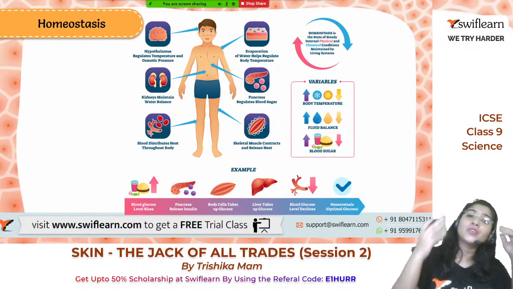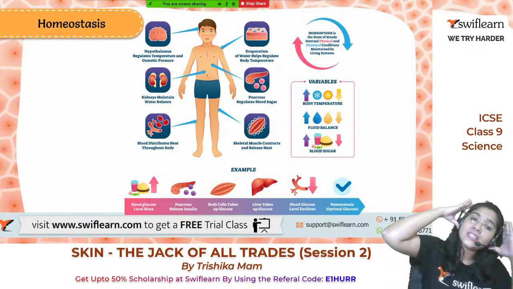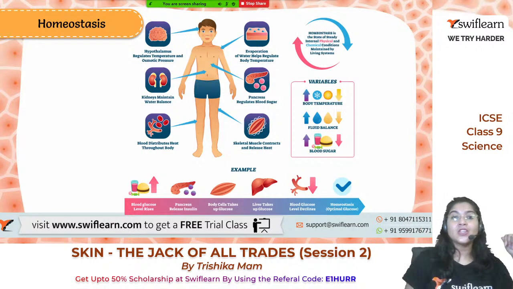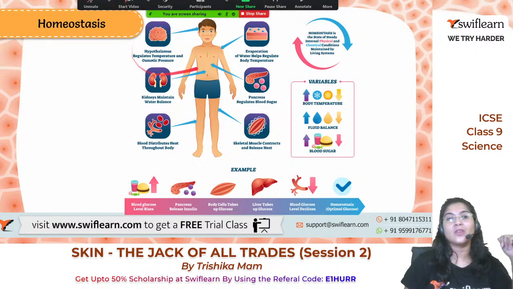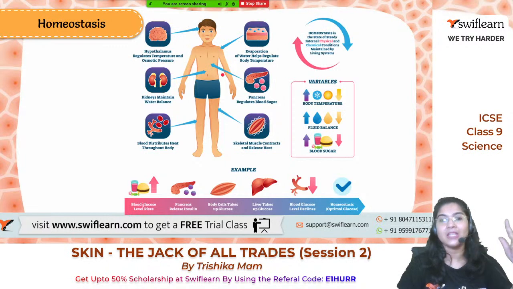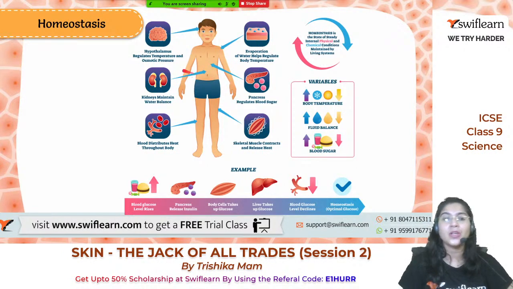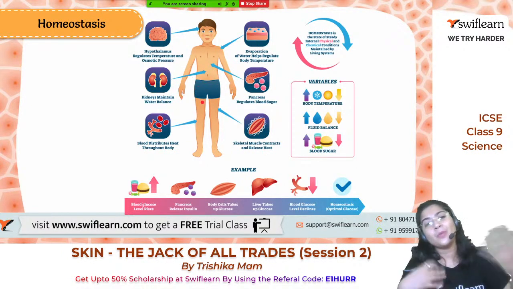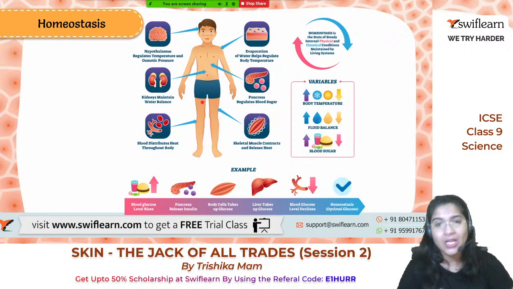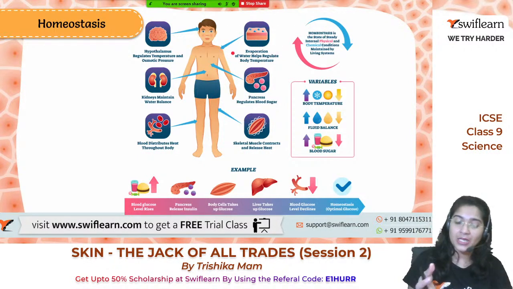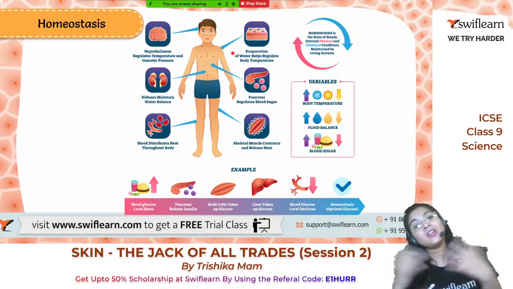Now this homeostasis within our body is maintained by the portion of the brain that is known as the hypothalamus. The hypothalamus regulates the temperature and osmotic balance of our body. Also, we have kidneys in our body, and kidneys help to maintain the water balance. Blood helps to maintain a proper distribution of the heat within our body. Evaporation through the skin helps to maintain a proper temperature of our body.